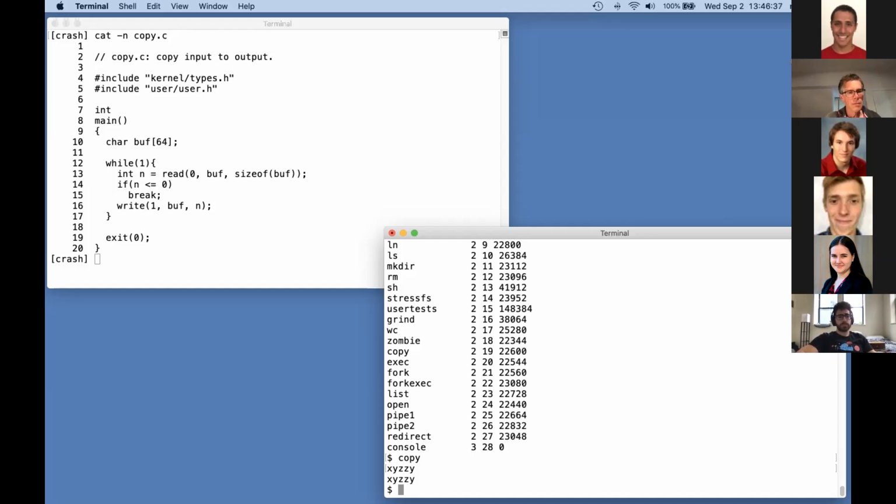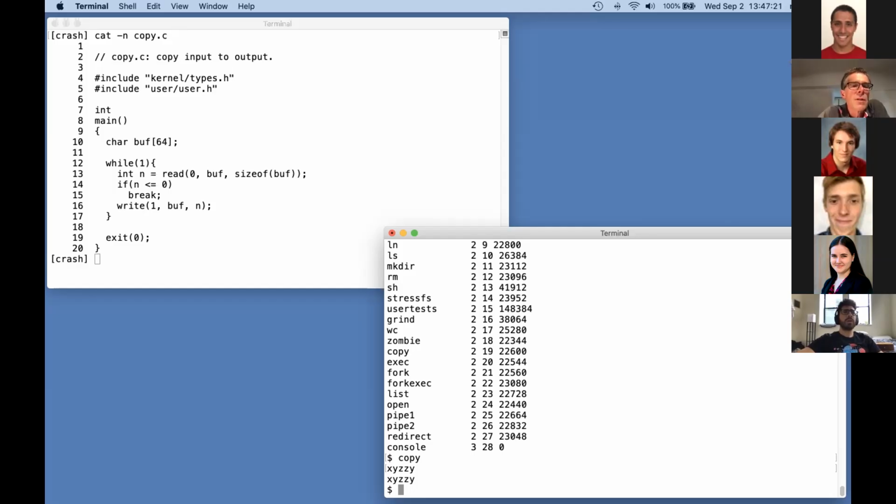And the shell ensures that when a program starts, by default, its file descriptor 0 is connected to the console input, and its file descriptor 1 is connected to the console output. And that's why I was able to type to this copy program and see the output. Of course, the program expects these file descriptors to have been previously opened and set up by the shell for it. And this 0, 1 file descriptor arrangement is a pervasive Unix convention. Many, many Unix programs expect to read from file descriptor 0 and write to file descriptor